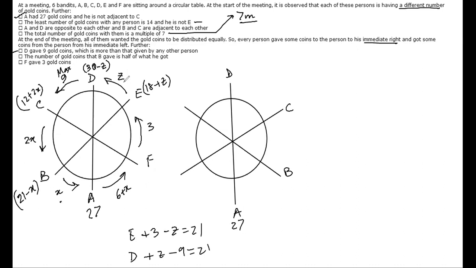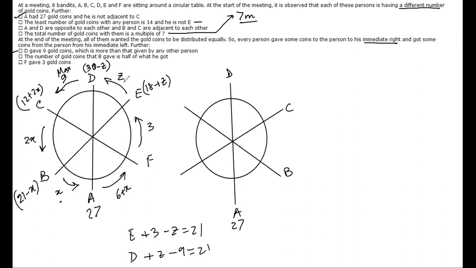So now the question is, how do I figure out what those values are? Can you tell me? No, these are initial numbers, na? 18 plus Z, 30 minus Z, these are all initial numbers. I have distributed them in such a way that if you actually repeat these operations, everyone will finally become 21. So what will you equate? 21 is the final number. These are the initial numbers.